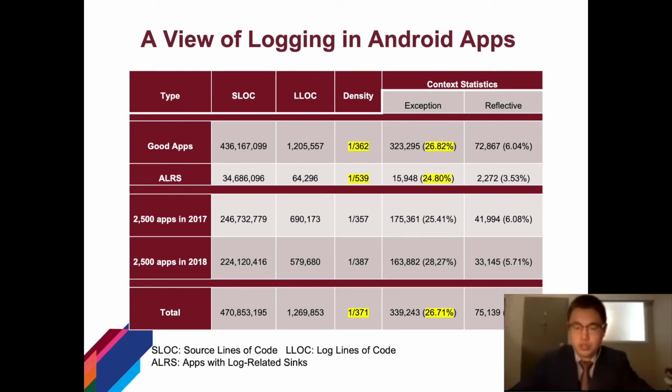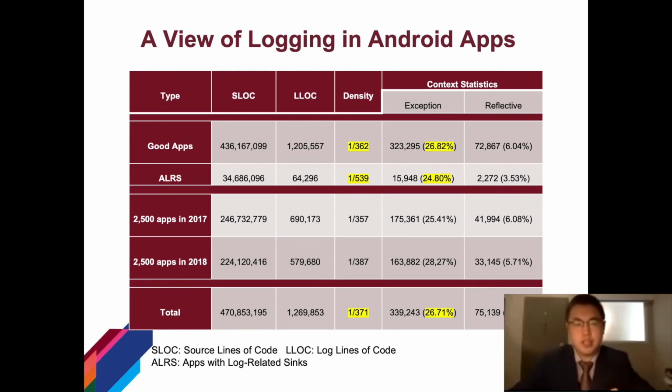And generally speaking, in 371 lines of code, there is one log statement. Around 26% of the log statements are in exceptions. Around 6% of the logs are in reflective calls. The most important